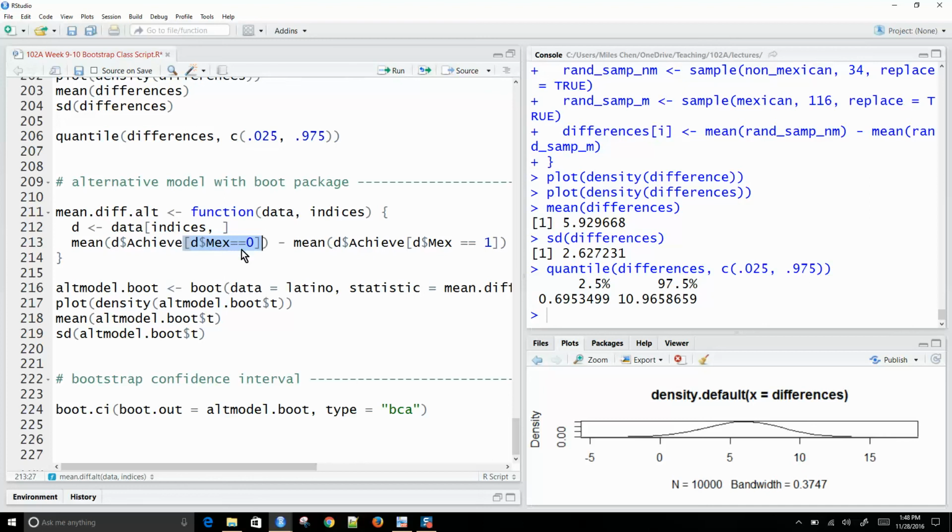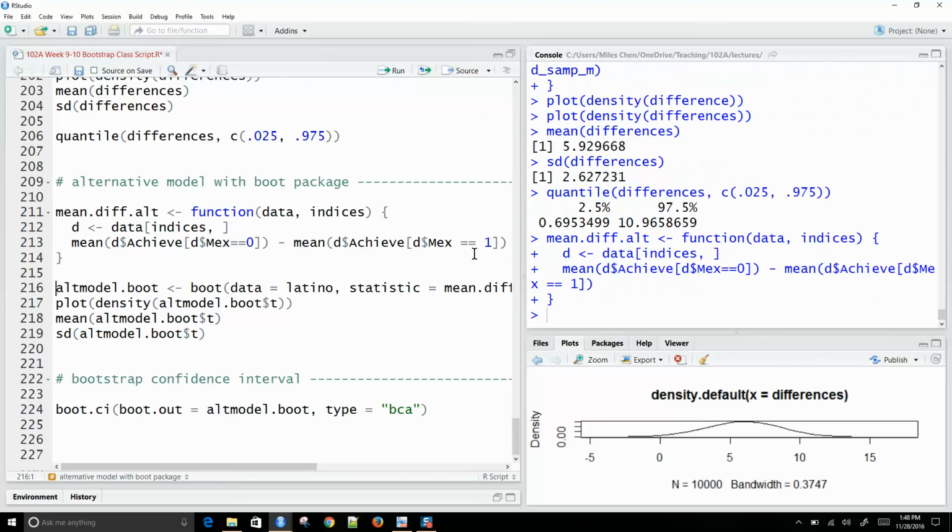We're going to say Mexico equal to 0 versus Mexico equal to 1. Before, we just said the first 34, the first 116 are in group 1, and then the remaining are in group 2. Here we are subsetting based on this property of whether they are from Mexico or not. Okay, and because it's looking at the original data set, this is going to work here. All right, and so we run this,